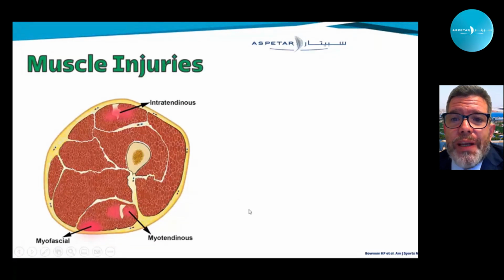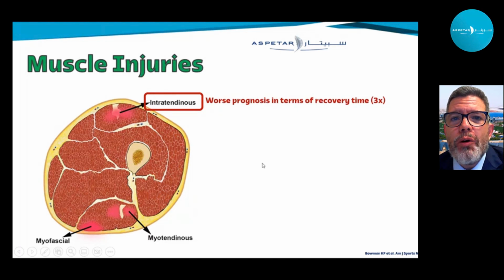Regarding the muscle injuries, we can have three locations. So we can have a myofascial injury at the peripheral part of the muscle, close to the fascia; the myotendinous junction, which is the muscle substance without affecting the connective tissue; the intramuscular tendon; and the intratendinous tear. The intratendinous tear affects the intramuscular tendon, the connective tissue, and it is known that it has worse prognosis in